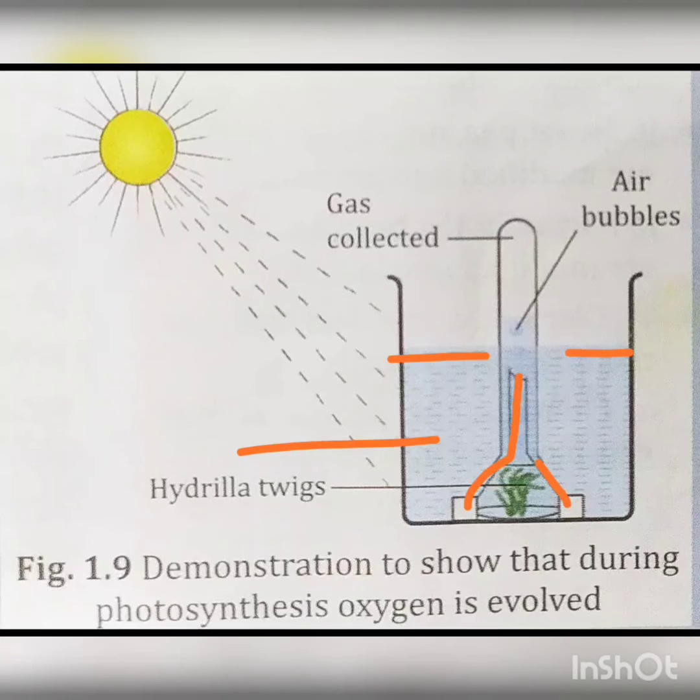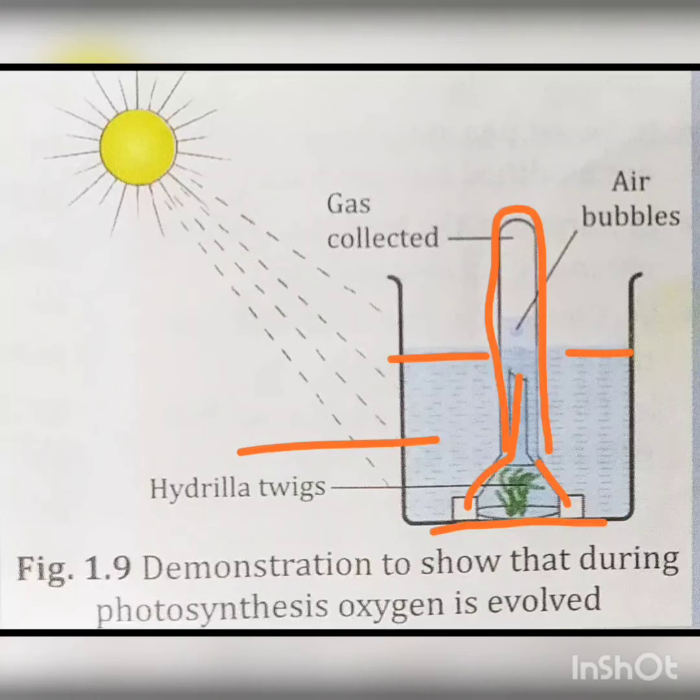Keep this funnel in an inverted position at the bottom of the beaker. A support arrangement is used in between the base of the funnel and the bottom of the beaker. Now a test tube filled with pond water is inverted over the stem of the funnel. While making this arrangement, we have to see that the level of water in the beaker should be above the level of stem of the inverted funnel. The whole arrangement is kept on a flat surface under bright sunlight for some time.